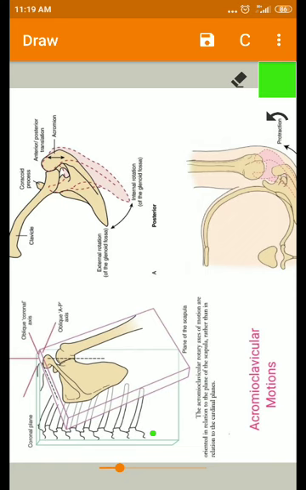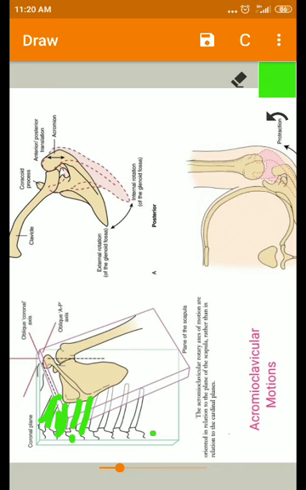So during scapular protraction and retraction, what is happening is that the scapula is rotating on the horizontal curvature of the ribs. So almost all the time it is in contact with this surface. During protraction, this vertebral border is only touching the curvature, and the remaining part is in space.